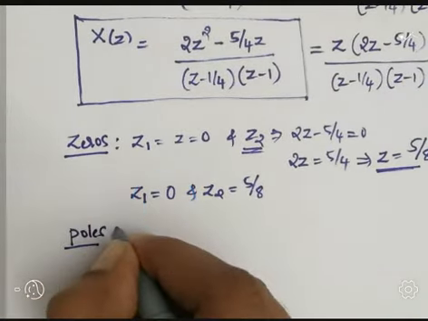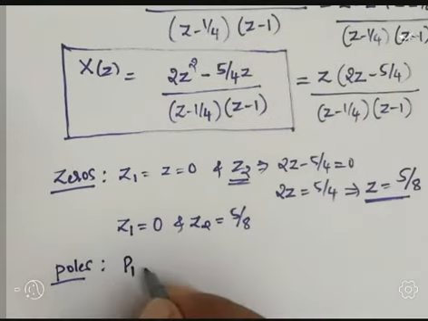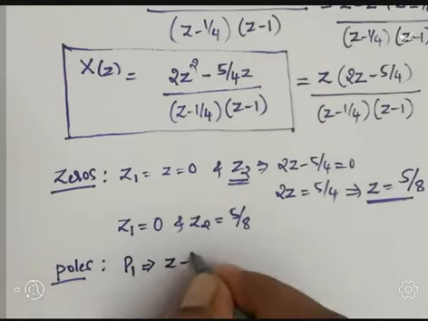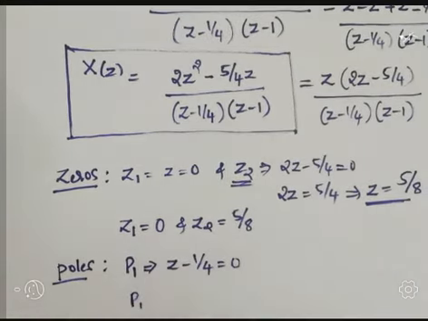Okay, now equate the denominator polynomial to the 0. So first pole p1 equal to, equate z minus 1 by 4 is equal to 0, hence p1 equal to,